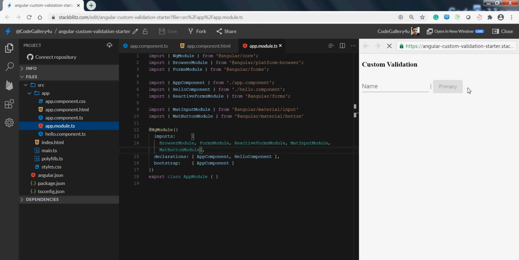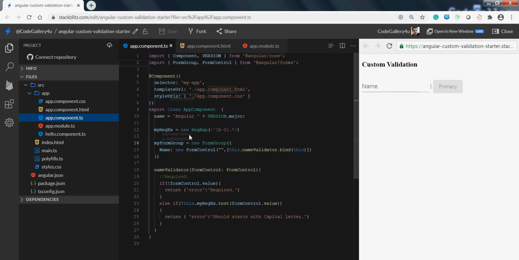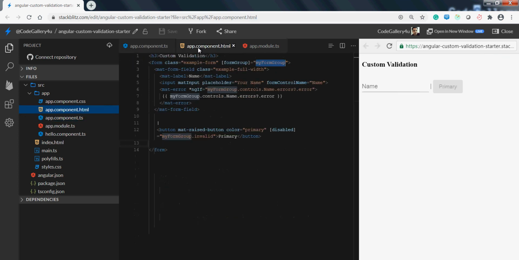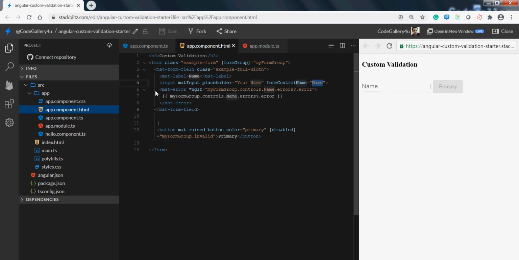Now everything appears here. Just go to the HTML that we have pasted. We have the form group that we defined in our TS file. In that we have one text box, so we are using this Material text box. This is the syntax of the Material text box. We have a label name, and an input field with formControlName, so it is directly bound to our name form control.